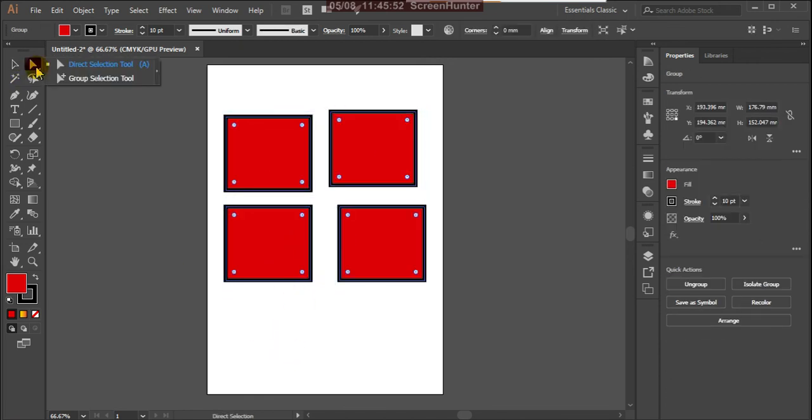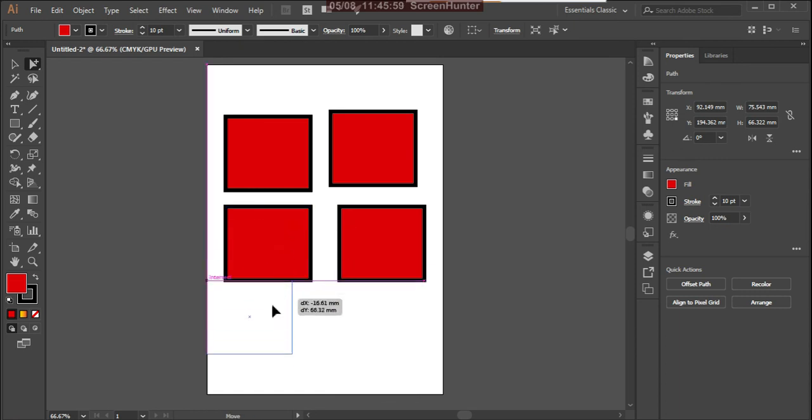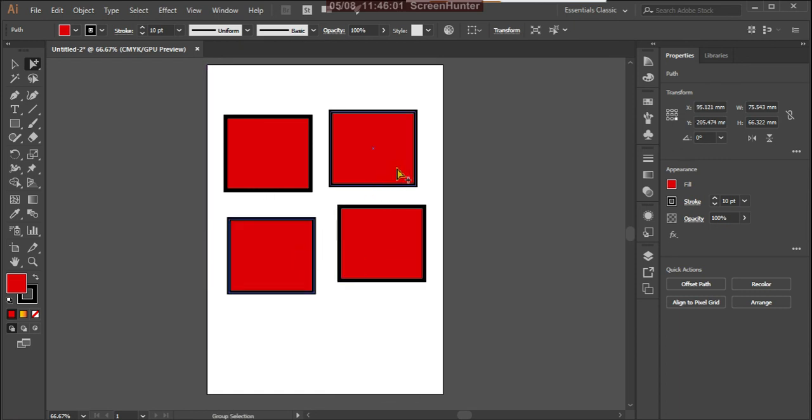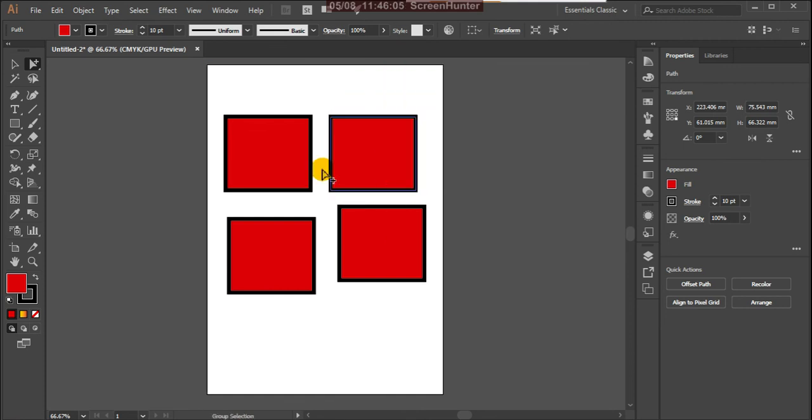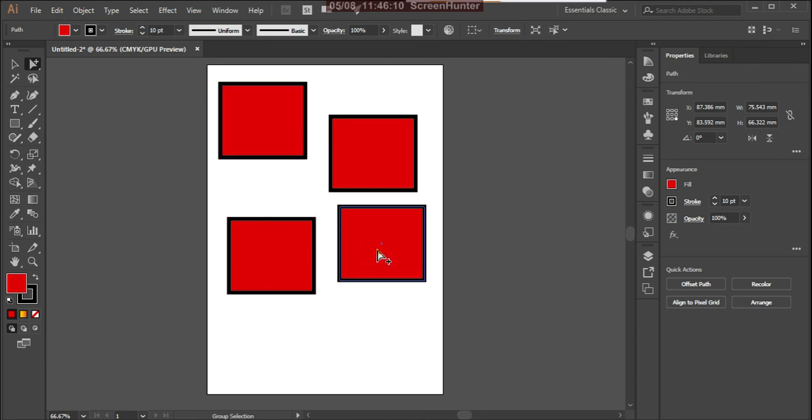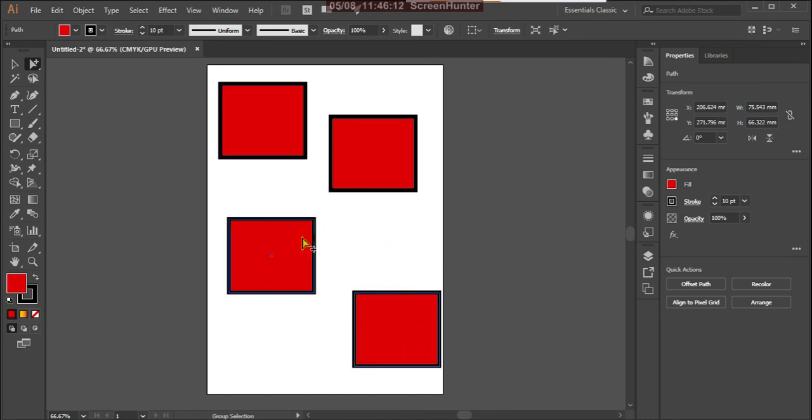But with this Group Selection tool, you can click on the particular shape and move it. See, these 4 shapes are in a group, but with the Group Selection tool I'm moving them nicely.